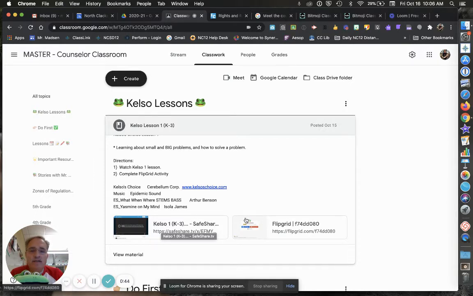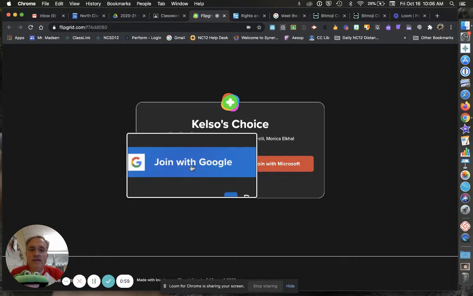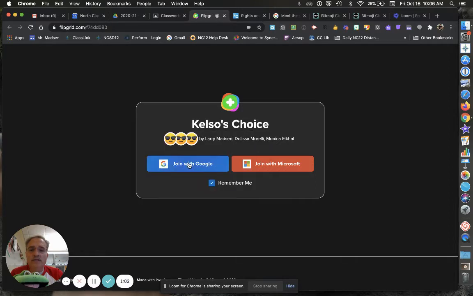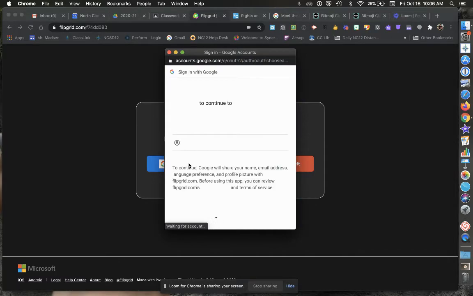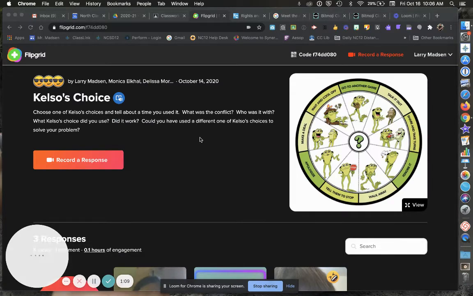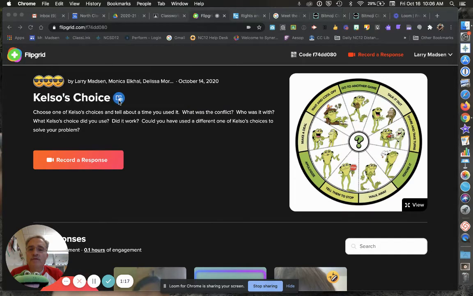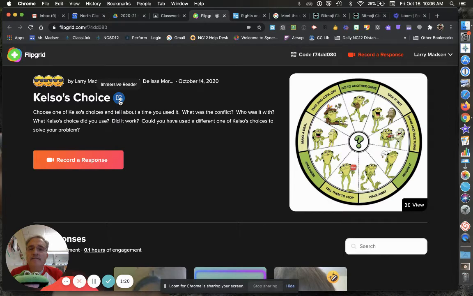All right, you're going to come back to this FlipGrid activity, and you're going to click on that FlipGrid activity. What it's going to do is take you to this window, and you are going to select Join with Google. Okay, so you're going to click Join with Google, and it's going to ask you to select your name, and then you'll see the activity. Do you see this button right here, this blue button with a book and a microphone? Select that,